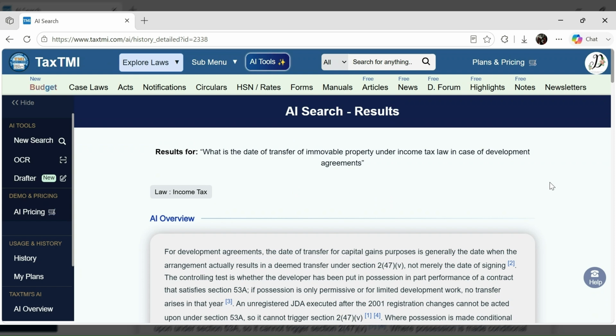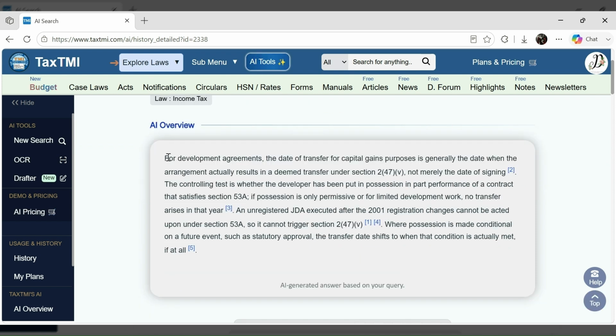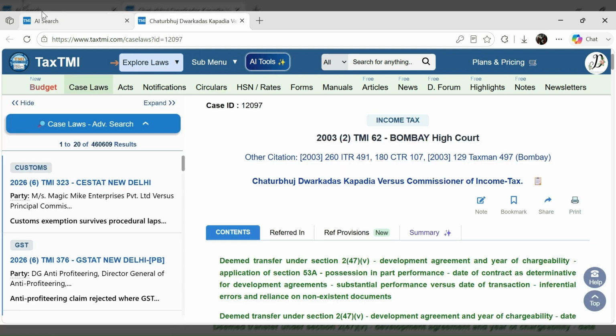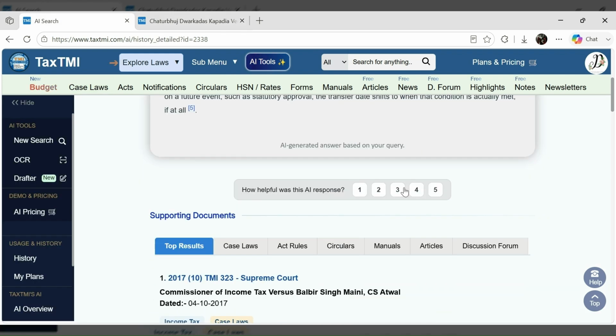So yes, the results are out, and it shows me what filter I had applied, the query, and this is like a quick answer to my query, which it shows here AI overview, and in between it shows me the references of each line that it is writing. So when I take my cursor over it, it shows me the link, and by clicking on it, I can read the full document here. Now, when I go down on it, first I can rate it so that it will help our search feature improve.